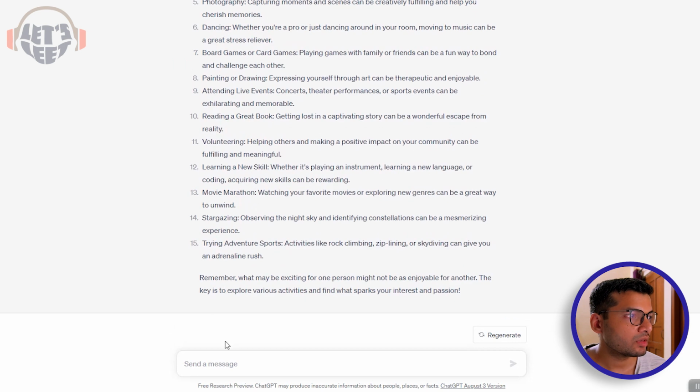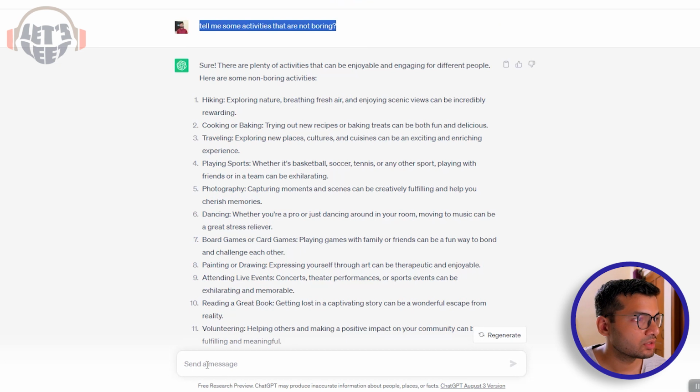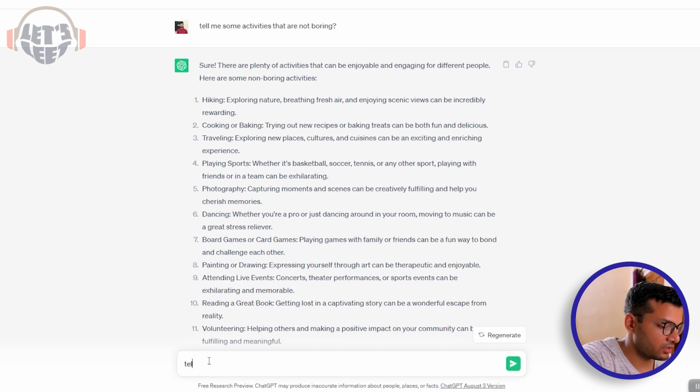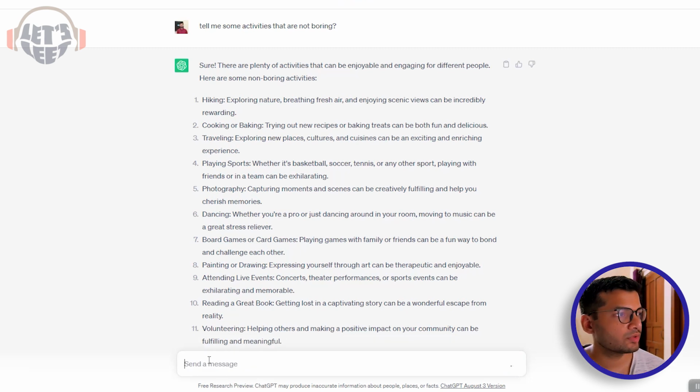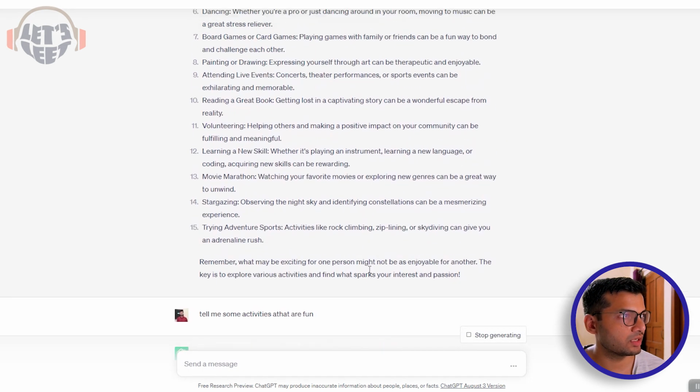Okay, so the best way to write such kind of prompts, or the best way to write a negation prompt, is to give the concise thing which we actually want. Okay, so इस चीज़ को मैं rephrase कैसे कर सकता हूँ? Let's say what I can say is, so it will tell me certain activities which are fun and people enjoy.